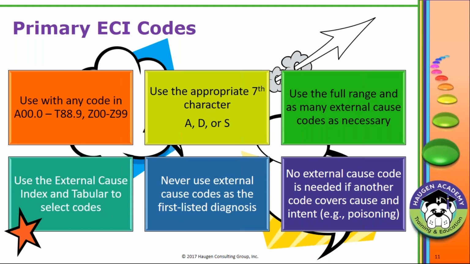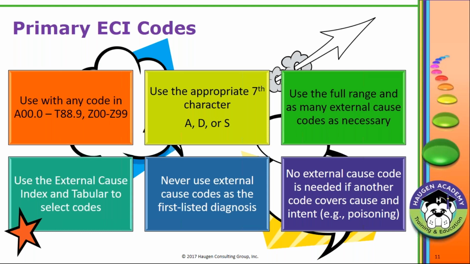So the letters of the alphabet that they've excluded from this code range are external cause codes. And that means that if you have a patient who's coming in and there is a documented cause of morbidity that it's not an injury, you can still assign an external cause code. And probably the best example of that is nosocomial conditions. There is an external cause code for a nosocomial condition that would be appropriate to report